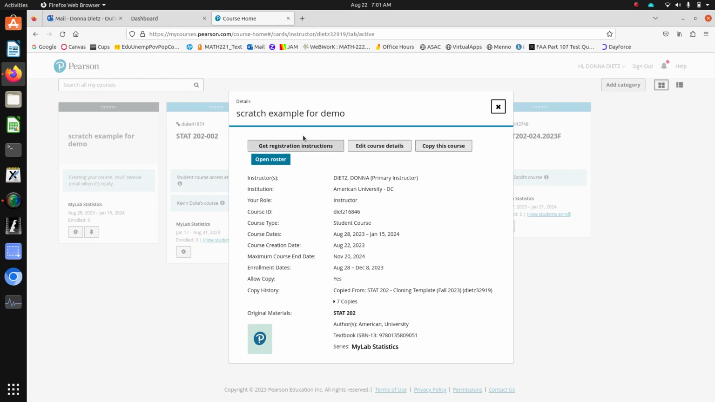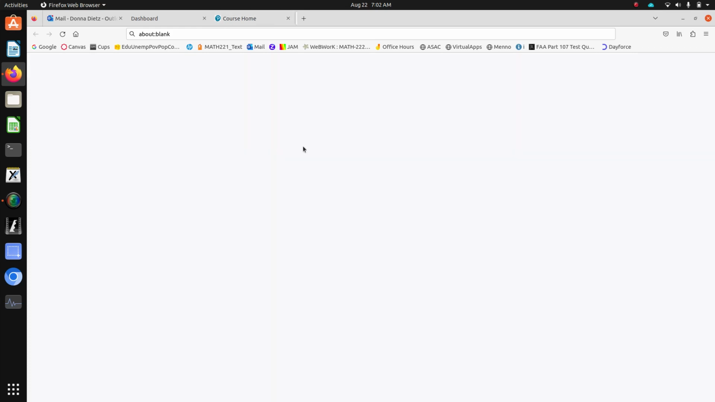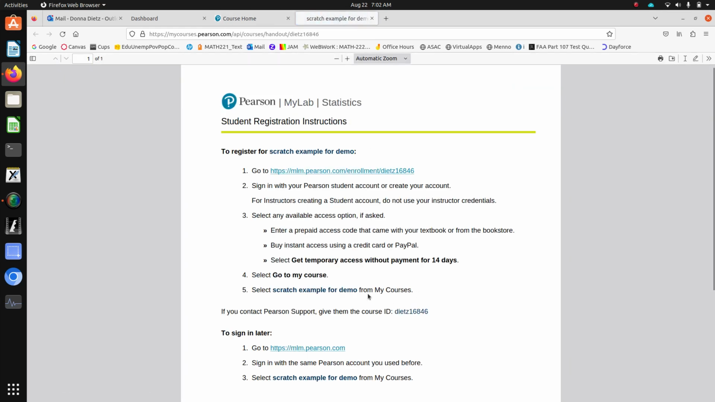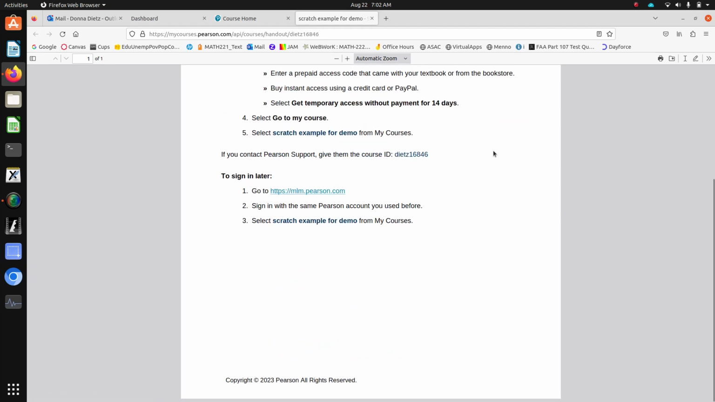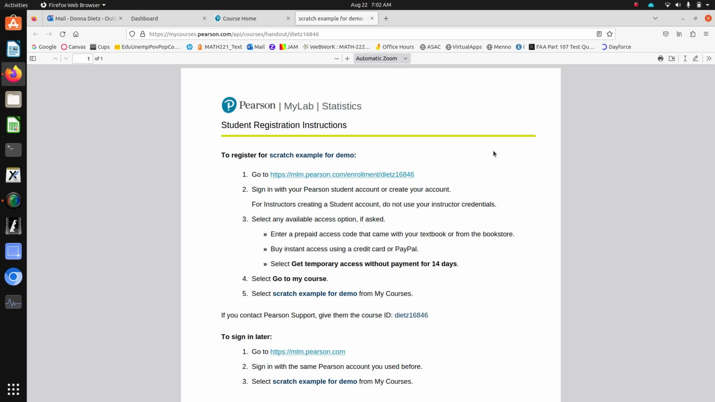Okay, so what I wanted to do is get registration instructions, and this you will download and give to your students. The most important thing is it has your course code on it. So just download this PDF and either email that or post that somewhere in an announcement in your Canvas shell. Your Canvas shell and your Pearson shell aren't linked, but